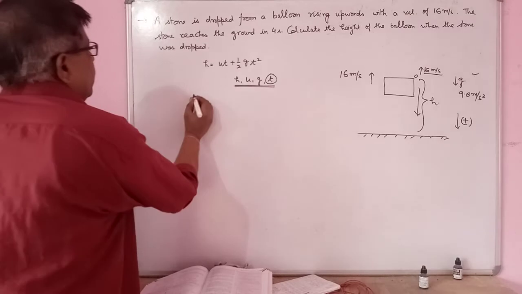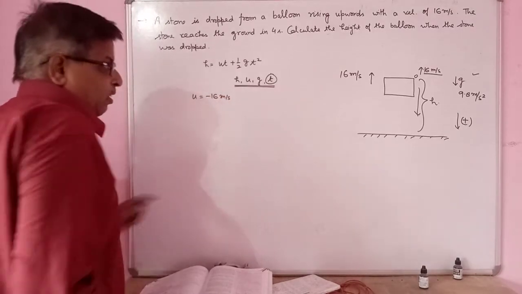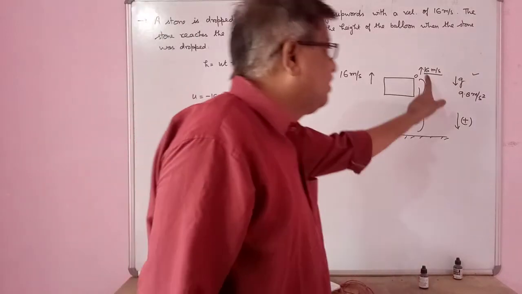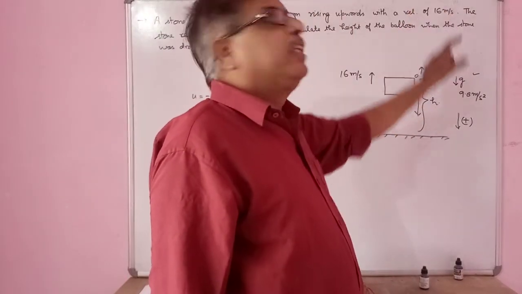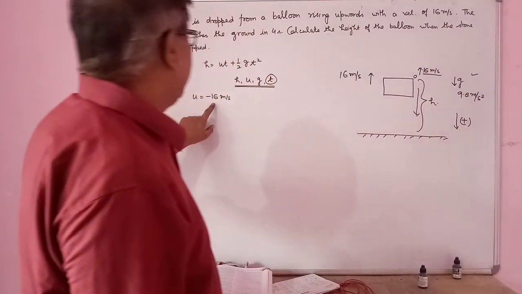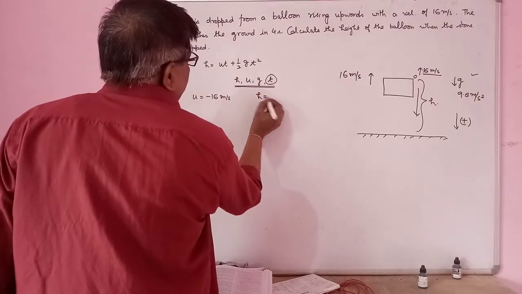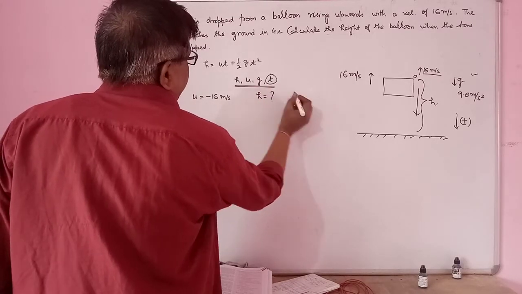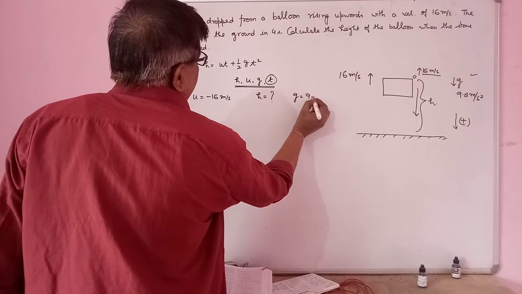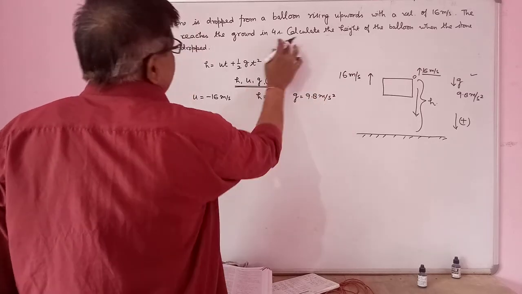That means u equal to minus 16 meter per second. Why is it minus 16? Because the balloon is rising upward, the initial velocity is in upward direction. That's why it is minus. This is used as minus 16 meter per second. h equal to, we have to find out, g equal to 9.8 meter per second square, t is given as